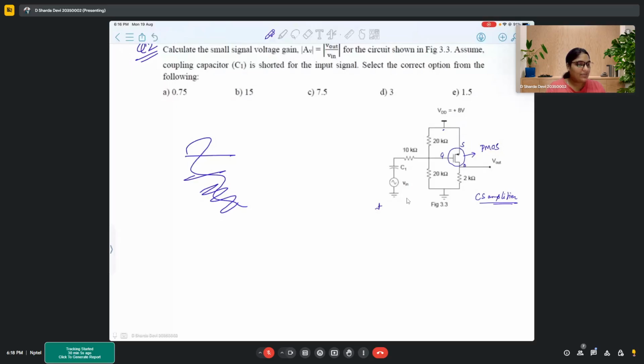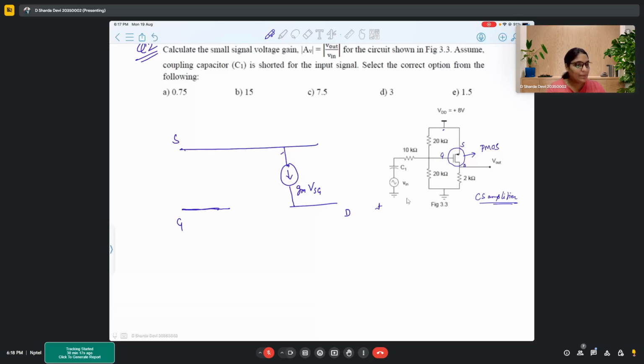On the output side will be like this, and this will be GM VSG. This is source, gate, drain. Here plus minus VSG. So this is the internal diagram of the small signal model. Since lambda is already 0, we don't have to consider the R0. Now this will go to AC ground. Yes, this will go to AC ground. This is shorted, and we will have input is going from,